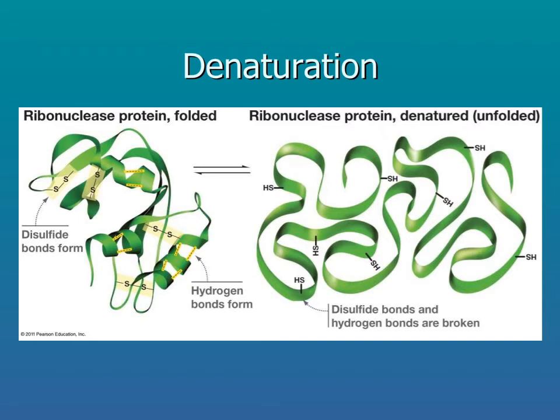Proteins also depend upon a certain environment. When the environment is not right, too acidic, or the wrong temperature, the secondary and tertiary interactions might fail and the protein will unfold. This is known as protein denaturation. When the hydrogen and disulfide bonds were broken in this ribonuclease protein, it denatured and could not perform its job. Fortunately, the bonds can be reformed and the protein reactivated in most circumstances in the body.